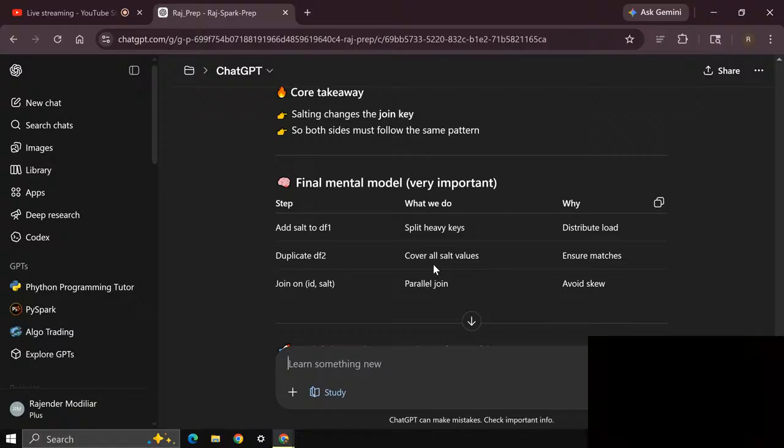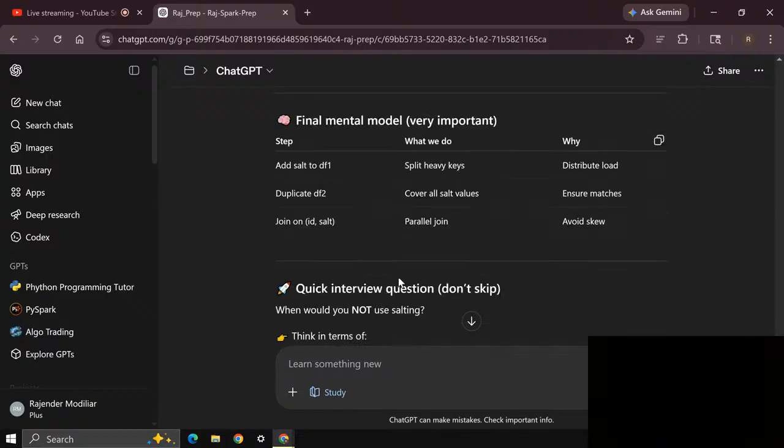Yeah, of course, but you need to understand the data before the join itself, like what is the main table and the joining table. And it needs to be small, and of course it needs to be replicated before salting itself. But the code snippet I may need to practice a little more, I mean the exact code. I think we'll do one scenario end to end, so that we can identify how that salting will work. Okay, final mental model, very important: